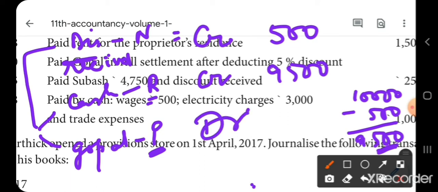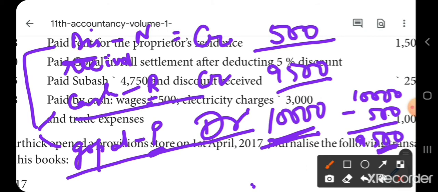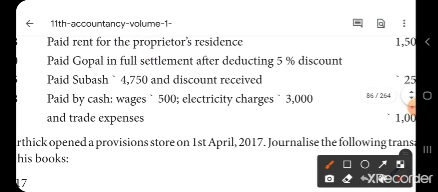Okay. How much you will debit? 10,000 fully. Actually, you should pay 10,000 to Gopal, but you have paid only 9,500, and 500 is a discount received for him. Sorry, for us. Okay. Now the entry will be Gopal's account debtor, to cash, to discount received. Okay, I'll just write the entry here. The entry will be